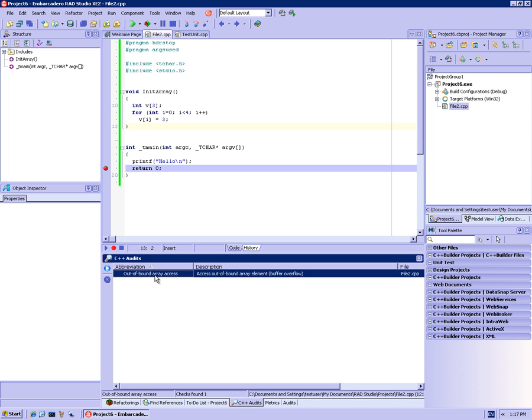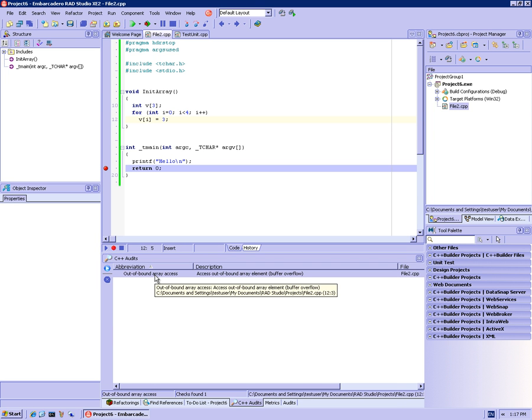And then here I see another one, which is an out-of-bound access, because I will run from 0 to 3, but my array has only 3 elements in it, which means I should only be running from 0 to 2. So I have an out-of-bounds access here. So anyway, I hope those